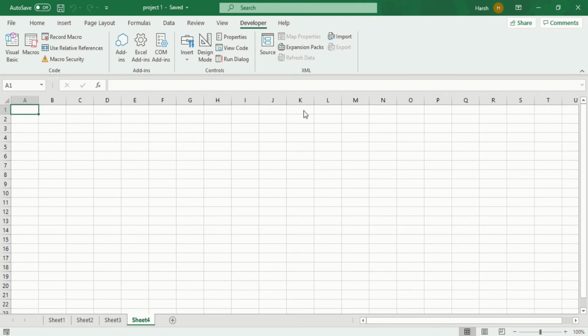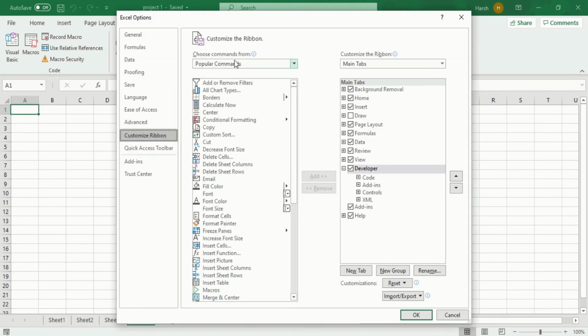When you click on Customize the Ribbon, a new box will appear on your screen, that is Excel Options. In the Customize the Ribbon option, you will get a Developer tab. You just have to check this, and after checking it you will see the Developer tab appear with your main tabs. Like you can see here, the Draw tab is not present in my tabs because I haven't used it. For now I will cancel it because I've already selected it, and if you haven't selected it, after selecting just click on OK.